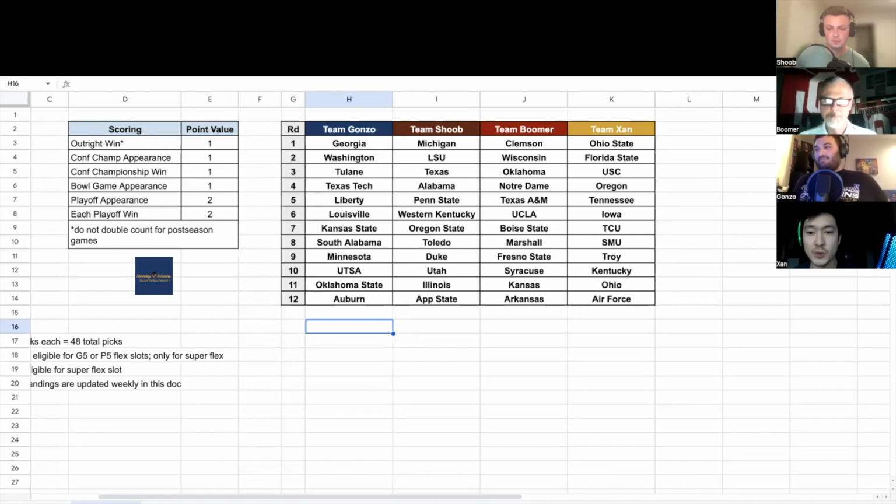UCLA has a favorable schedule, which could easily land 8 to 10 wins. Boise State, that's a good Mountain West team to have right there. Good value there. You could potentially win the Mountain West with that one. Marshall, Fresno State. Fresno State is good insurance that you got there in the Mountain West. Your team is definitely chasing upside, but Clemson is definitely a great pick right there in the first round. I feel better about it then.